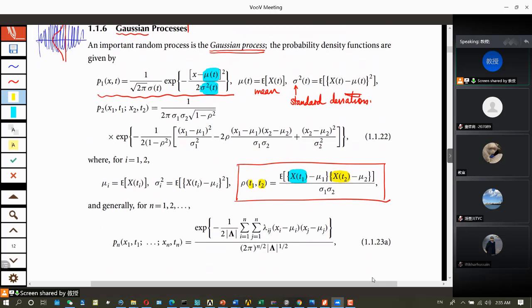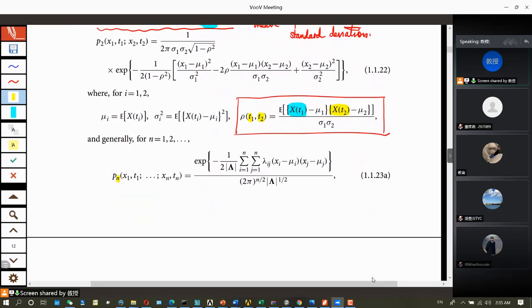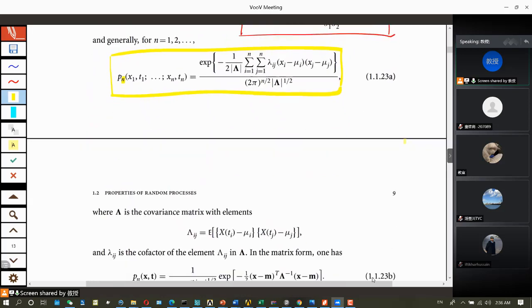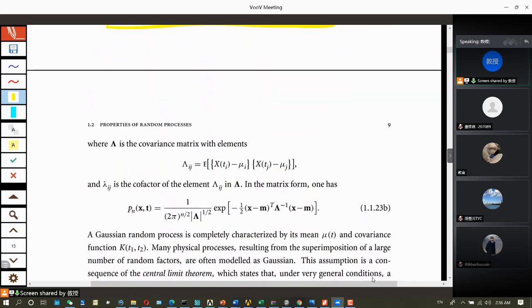Okay, and then you can extend to the nth order probability density function. Okay, usually it's very difficult to obtain higher order probability density functions, so we don't usually use them, but you can write the probability